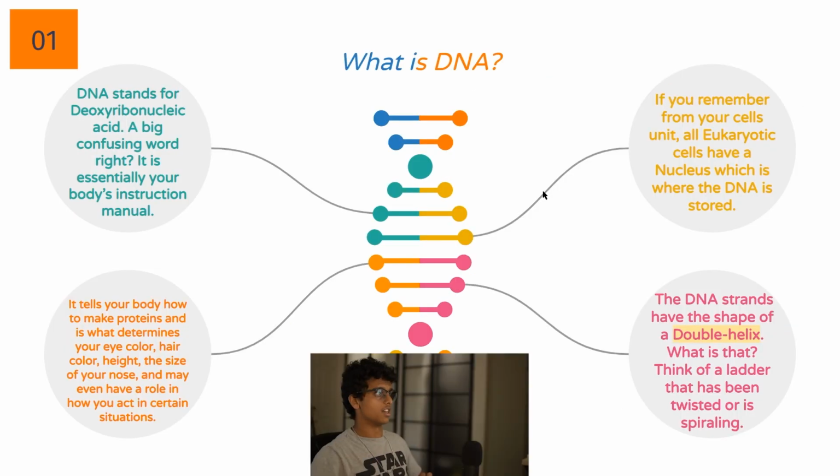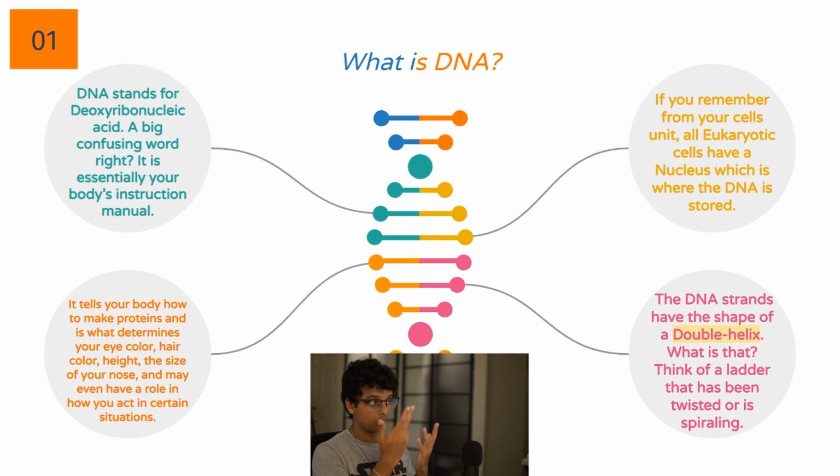So what is DNA? DNA stands for deoxyribonucleic acid. That's a big confusing word, I know, but it's essentially your body's instruction manual. So your body has a bunch of cells. Your cells do a lot of functions. Most of them involve protein. Now your cells need to know how to do those functions. They don't have an innate sense of I need to do this. They read basically a manual on how to do them, like a step-by-step guide, and that's what DNA essentially is. It tells your body how to make proteins, and that does determine your eye color, hair color,